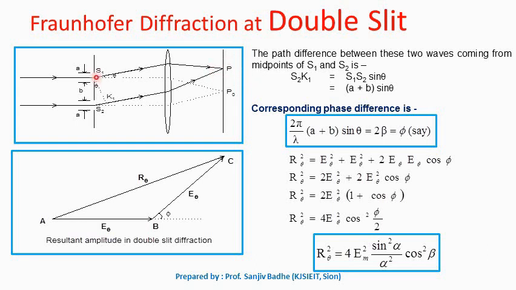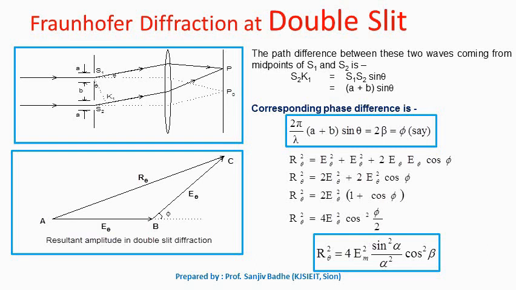So to draw a vector diagram, the wave which is diffracted from slit number 1 is represented as a vector whose length is equal to the amplitude of the wave, that is E theta. Second wave diffracted from the second slit, again it is represented as a vector. Now in order to draw this vector diagram, we need this angle phi between the two vectors, and this angle phi is nothing but the phase difference between the two waves. So we want to find out this phase difference first. Once we get this phase difference, using this vector diagram we can calculate the resultant amplitude of the wave disturbance.